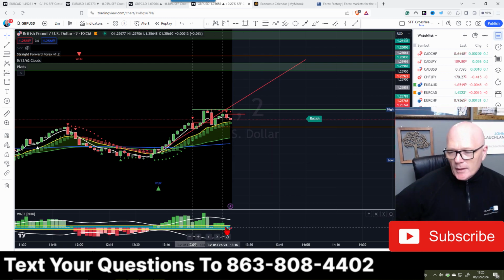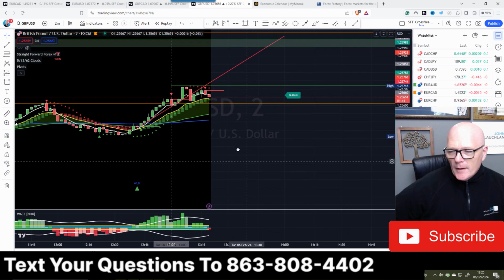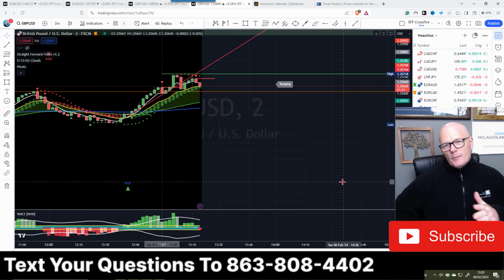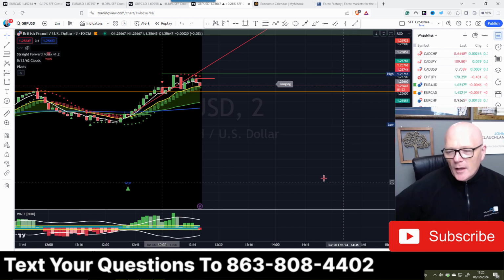If you look at the WAD Arata, there's no volume in it. Okay, the explosion line has moved away. You can see we've got this nice little bull run up to there, which is represented by this explosion line moving away from the dead zone, but now it's starting to curl round and it's coming back up. So we've got the explosion line starting to move back up towards the dead zone, which isn't